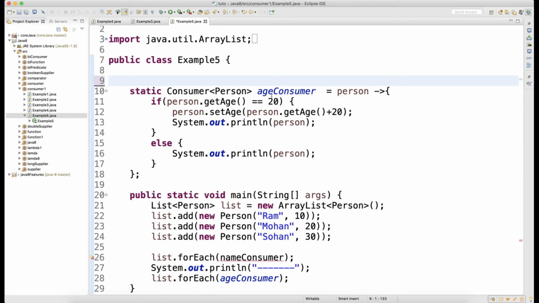And you are working on some voting application. So what it will do, it will just check if age is greater than 18. You are writing the consumer for your voting application.